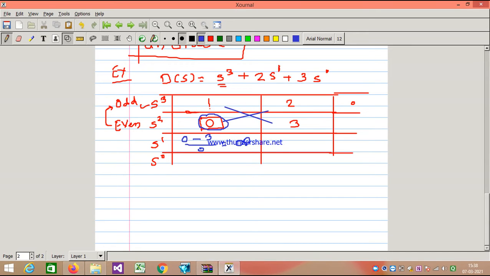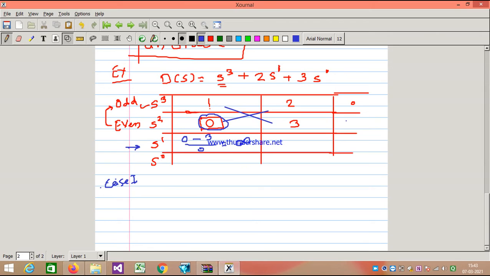Once infinity occurs, we stop there and we use case 1. What is case 1? Just observe it carefully and focus on my words, because if you miss any word, then you will not understand anything. So just focus on my words, right? See, where does infinity appear? It is 0, right?